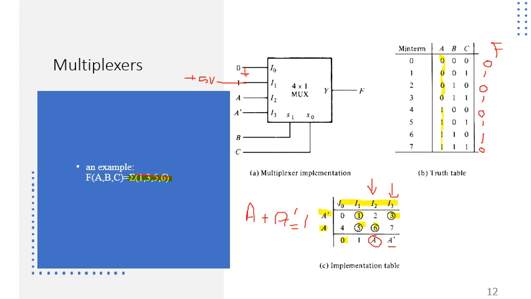And B and C are the select lines. Depending upon the value of these select lines, the particular value is mapped to the output. So this is the first methodology, in which we gave importance to the most significant input and implemented that logic on the input lines, and the remaining input lines are connected to the selection lines. I hope this concept is clear now.